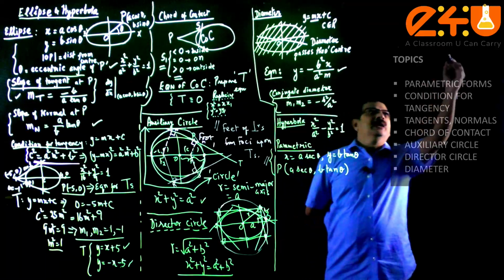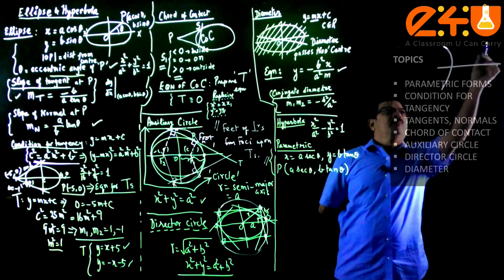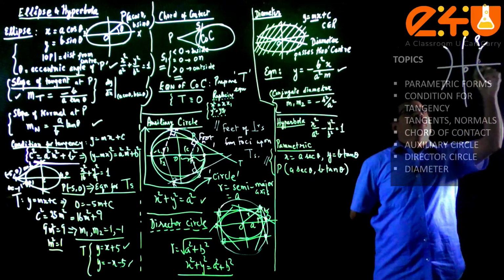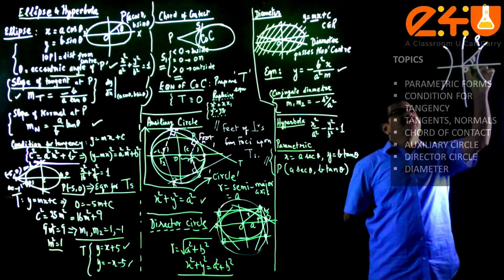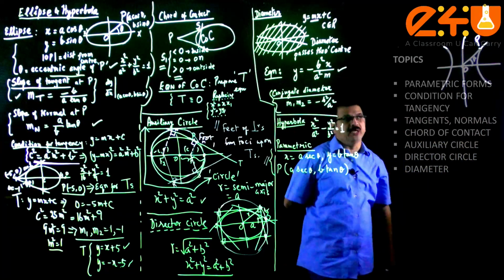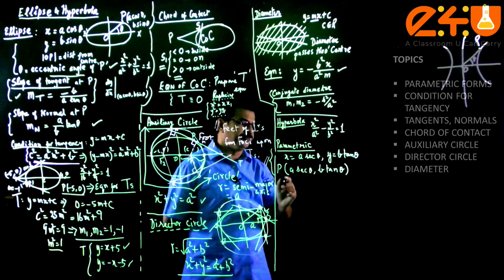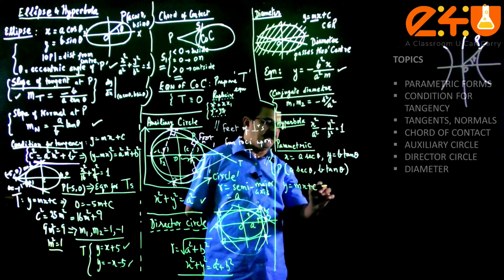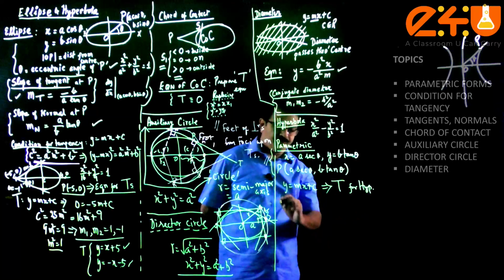Let me draw the diagram of the hyperbola. Consider any point, and join the center with that point. The eccentric angle is called theta, and it is that theta we use to make the point a sec theta, b tan theta. And proceeding to the condition of tangency, y equals mx plus c becomes a tangent for the hyperbola